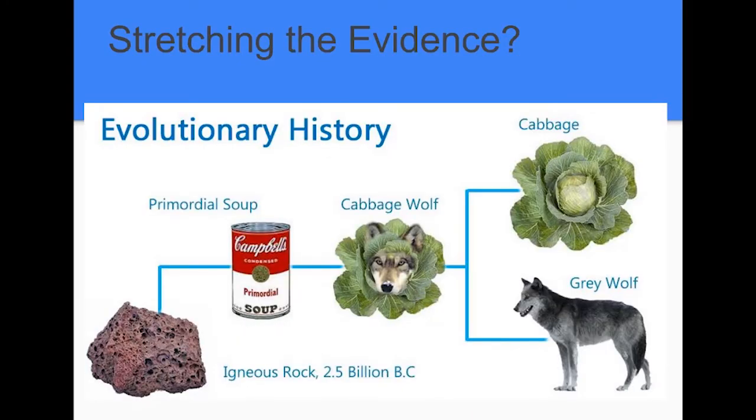So here once again is the timeline of evolutionary history, and we have seen that the cabbage is part of a plant family, wherein the mustard had many children and grandchildren that have become broccoli, cauliflower, and kale, and the wolf is the great-great-granddaddy of all the different kinds of dogs you find in pet shops all over the world today. But because all dogs have an ancestor that's a dog, and because all these different types of plants have an ancestor that was a plant, I think it might still be stretching the evidence a tad thin to then suggest that cabbages and wolves have an ancestor in common.